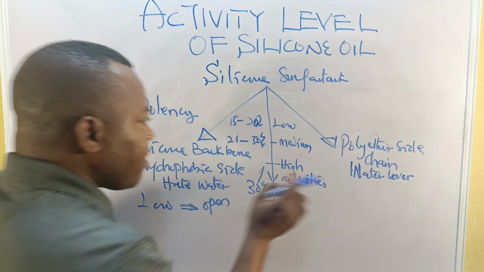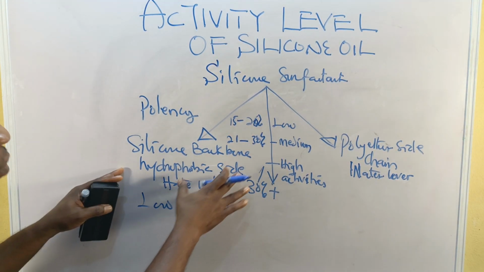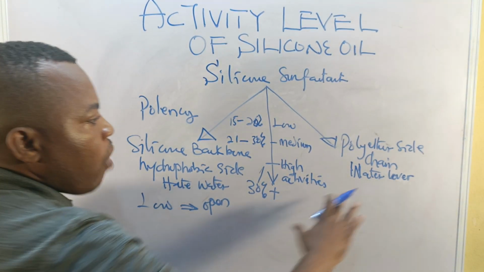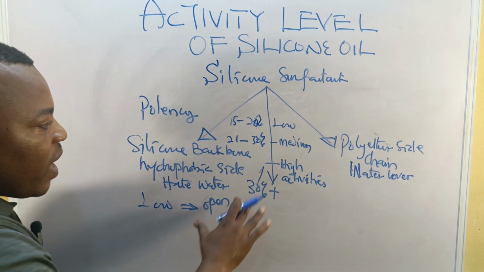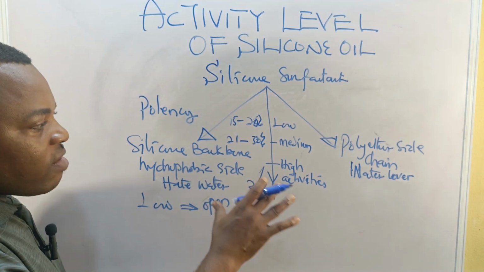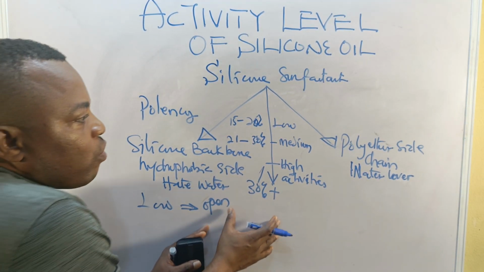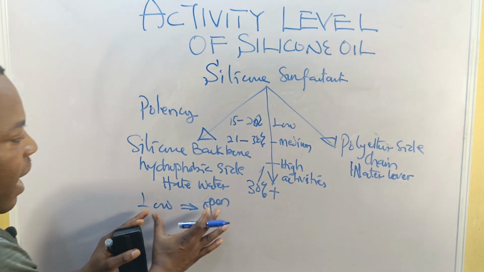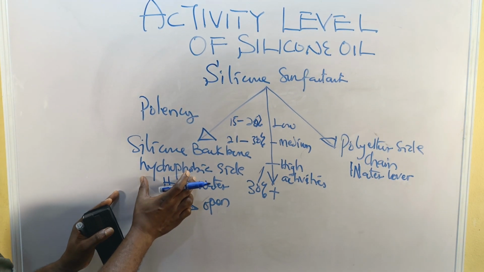That is high activities. So when you are trying to balance, there is what we call hydrophilic lipophilic balancing. This process is whereby you are trying to see how you balance hydrophilic